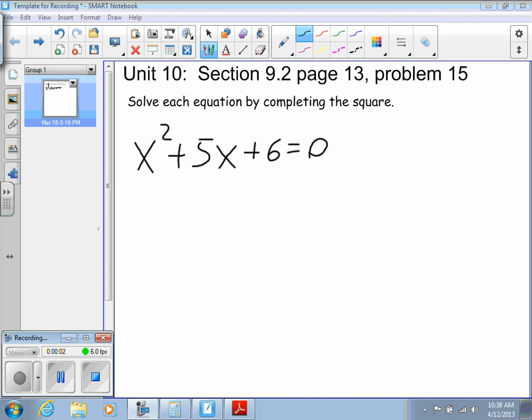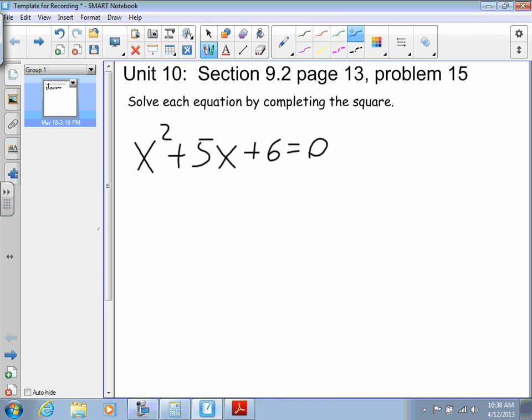Okay, if we are going to use completing the square to solve this equation, we need to get all of the terms with variables on one side and all of the terms without variables on the other side. So the first thing we need to do is take this 6 right here and get rid of it. So we're going to subtract 6 from both sides of the equation,